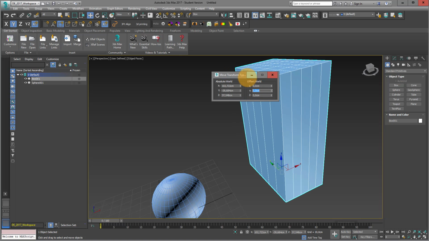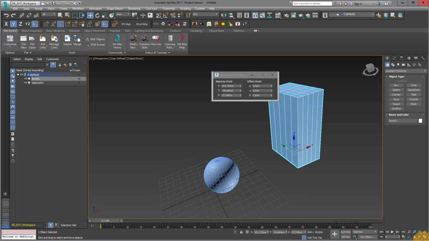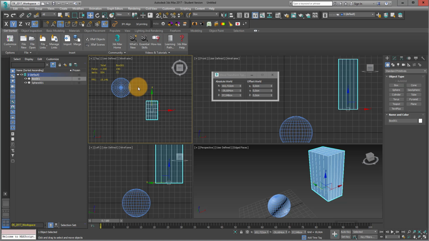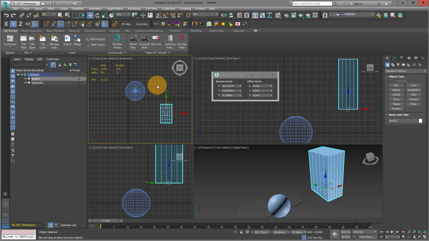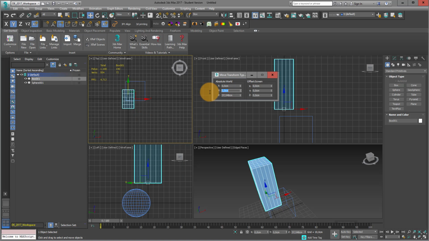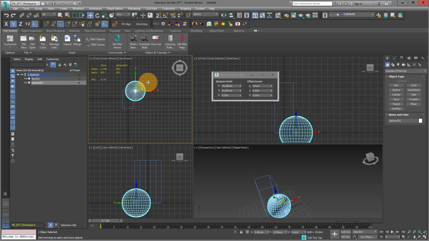And this is what you do if you use this offset world. If I go again into my viewport toggle, then you just see that this object is not centered to the middle. It's not an absolute world 0, 0, 0. If I just enter here 0, and again in Y direction 0, then you can just see that it just moved to the middle. So the absolute world is always relative to the origin, and the offset is always relative